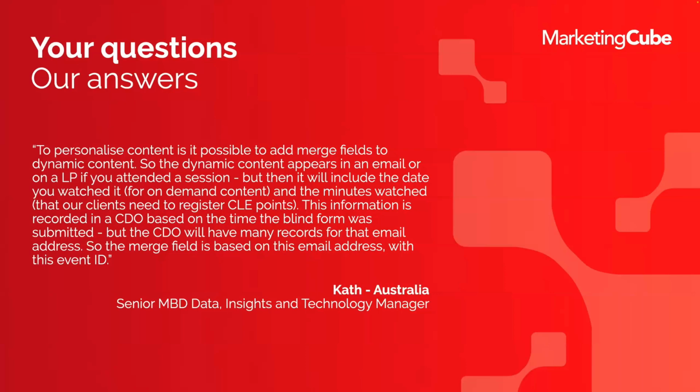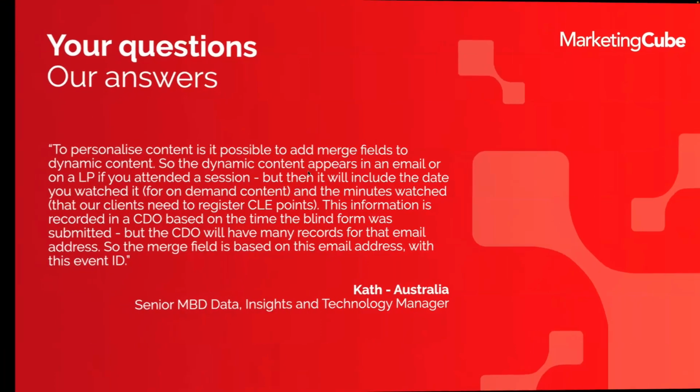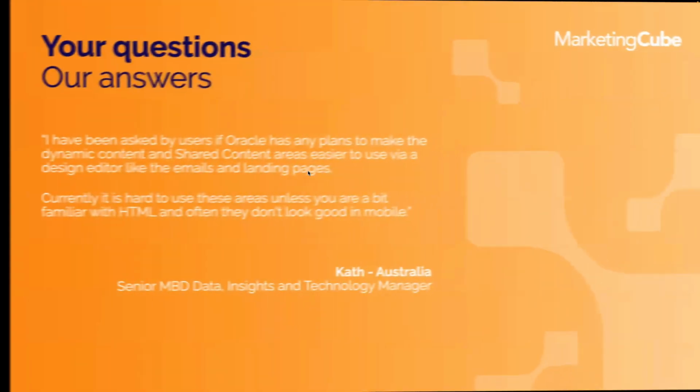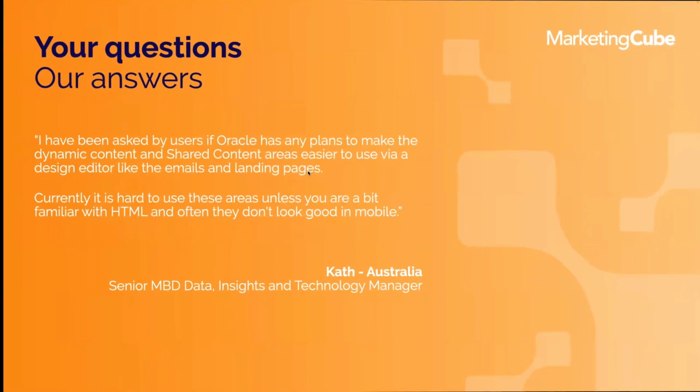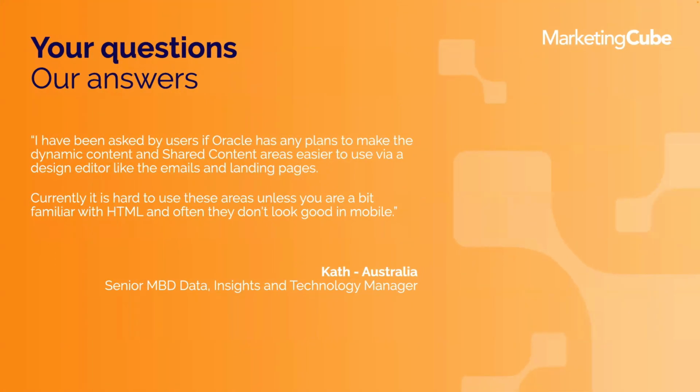It just probably requires a little bit more information from Kath to be specific, but fundamentally those capabilities with field mergers can be very specific down to an individual entry. In this case, they're using an event ID to identify that, or you could use the most recently modified option to do that. Now, the next question that was submitted by Kath related to the dynamic content and shared content